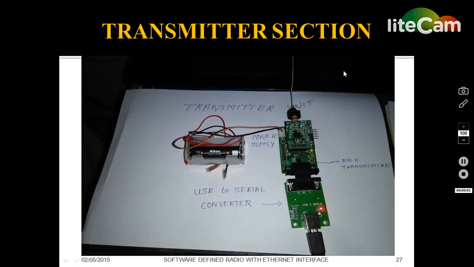The transmitter section has a PIC transceiver node with the PIC microcontroller 18F4620 and ADF7020 RF module, which is powered up using a 3.3 volt battery, and it has 3 LEDs: yellow LED to indicate error message, green to indicate reception, and red to indicate the transmission. The same PIC transceiver node is interfaced with the Raspberry Pi board using a USB to serial converter, and the USB port of the Raspberry Pi will send the message to the PIC transceiver node using this USB to serial converter.